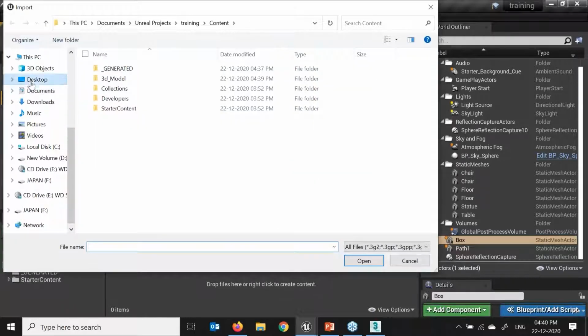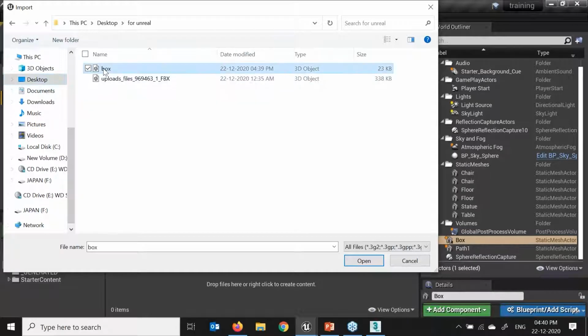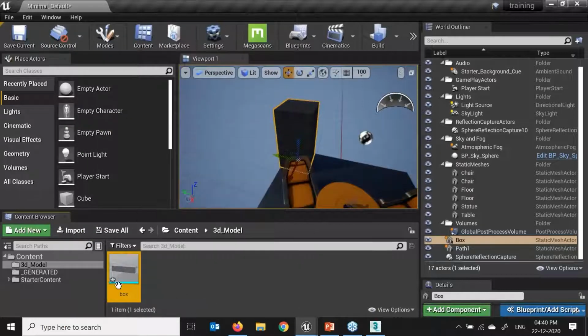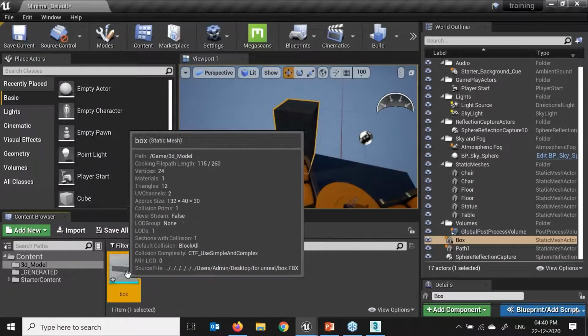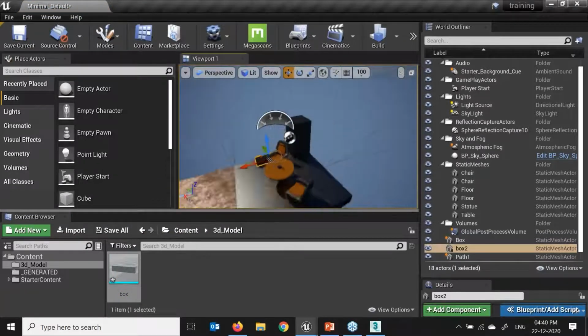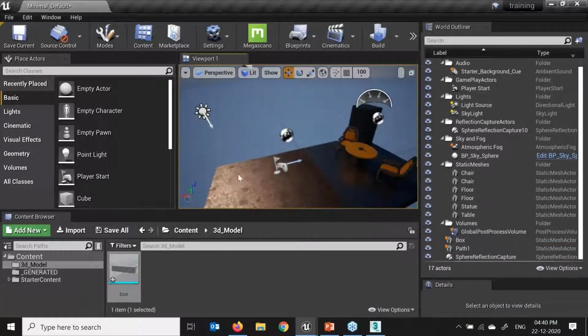I need to go to my desktop, for Unreal box, double click over here. Here we are getting the option. If I'm importing an animated character, I need to turn on these options in my mesh, skeletal mesh. Now I'm just importing only one cube, right? So I have not used bones in my 3D Max files. I'll just say import all over here. Now here we can see this easily comes over here. The color is there. I'll just drag and drop over here in my vertices. I'll just select and delete that. I'll just drag my object into my scene, press F.